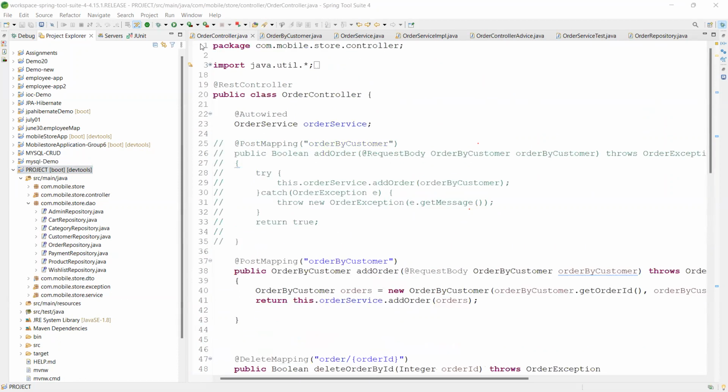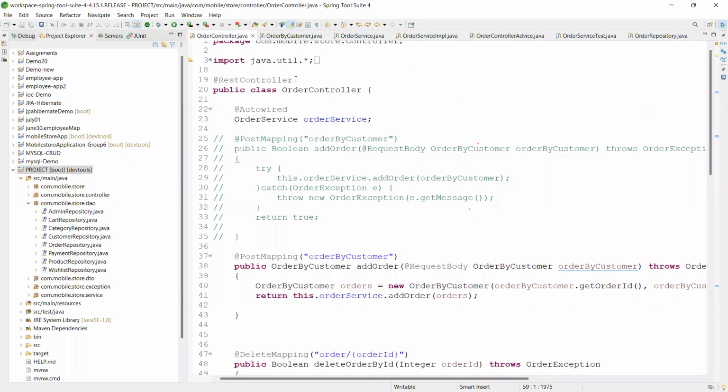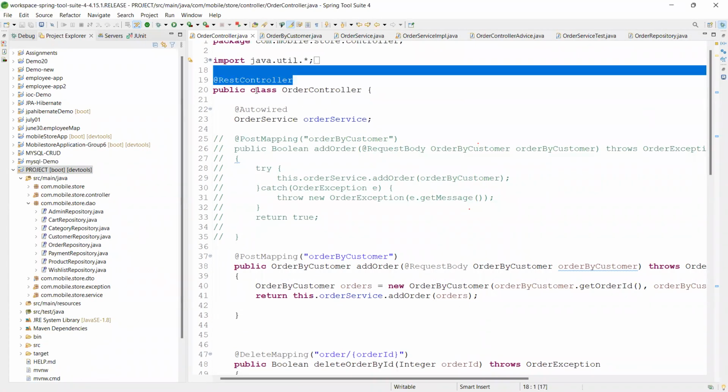So sir, our project name is mobile store application. My module is order by customer, or basically we can call it order. This is an order controller, with the REST controller annotation, which is applied to mark a class as a request handler.